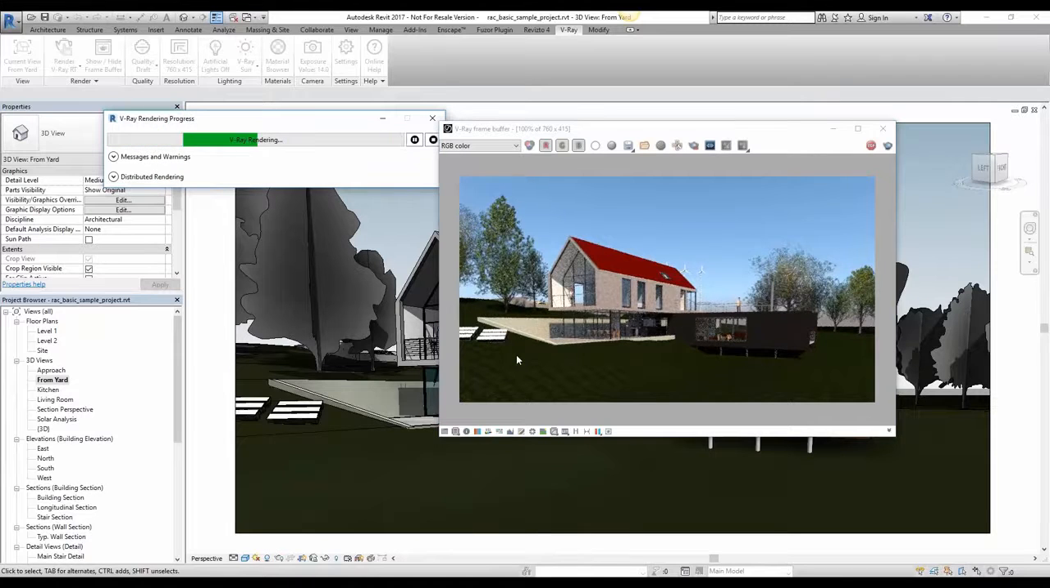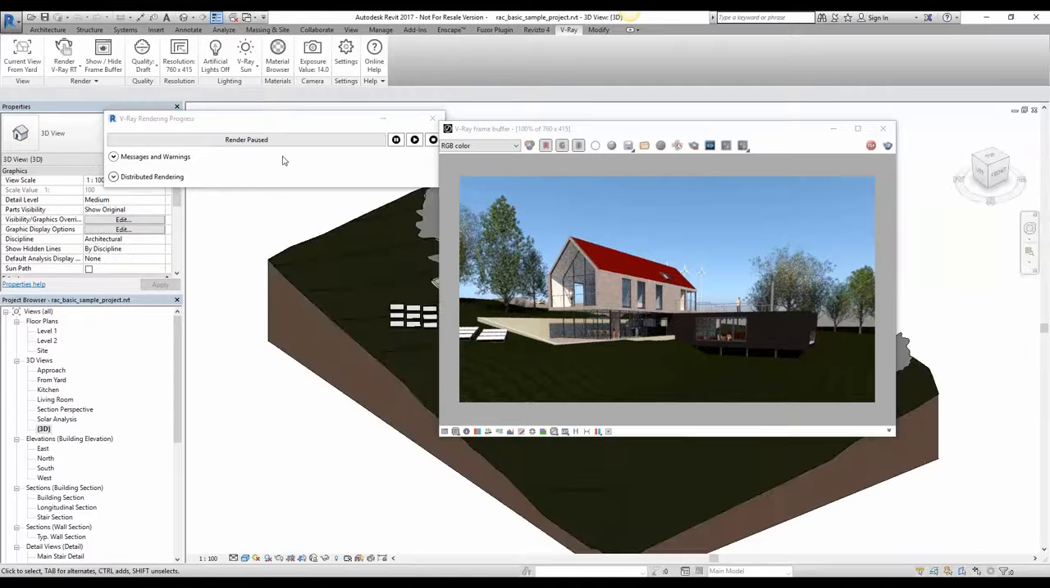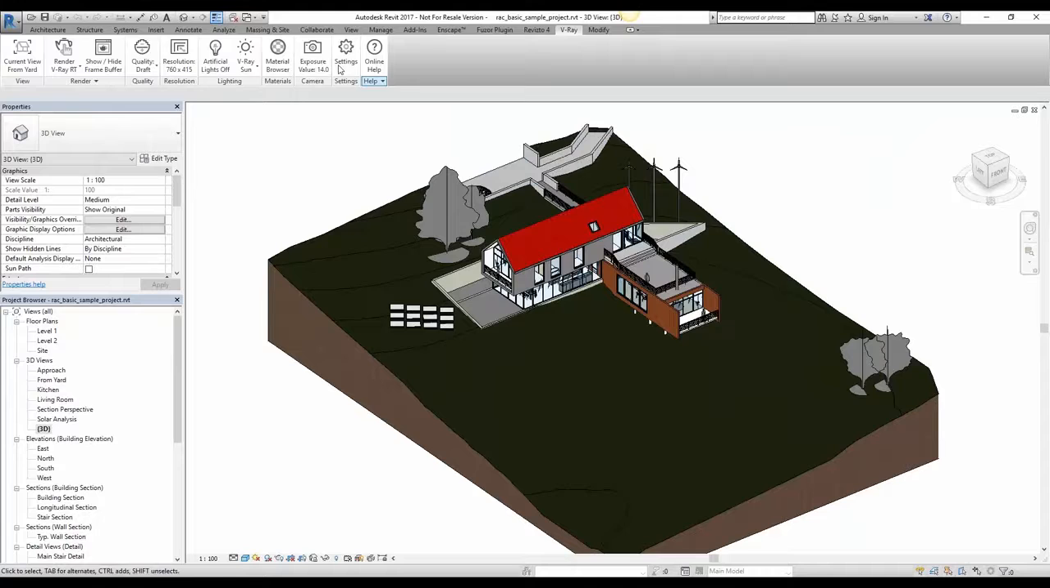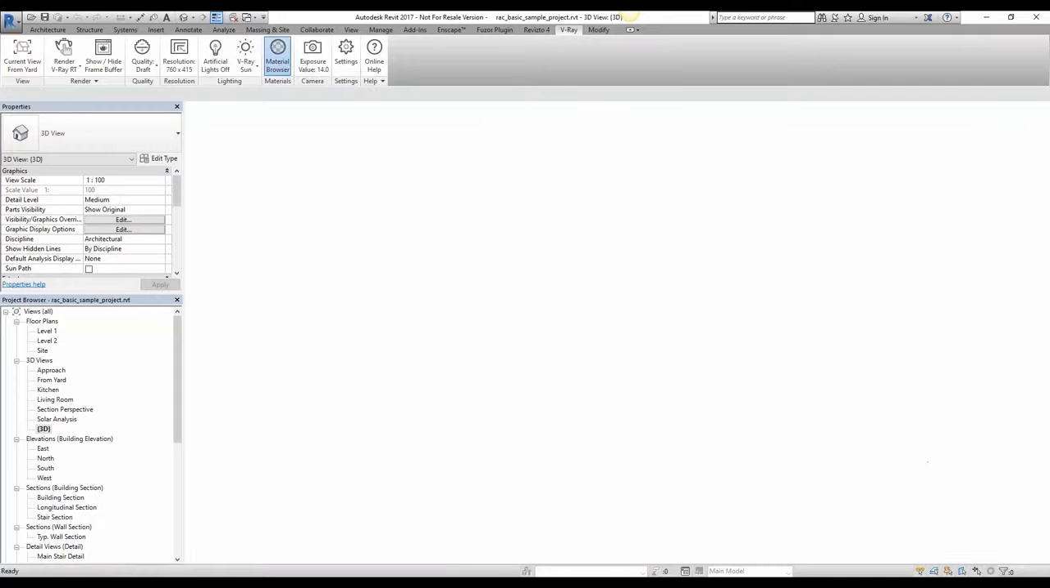Same goes for if I were to go in here and swap out materials and such, which we can hop into now so we can see that. So I'm just going to pause this real quick. And like I said, you have to be in a 3D view, otherwise it's grayed out up here at the top. So I'll just go back to a 3D view. Actually just going to close out of this. So over here in your material browser,